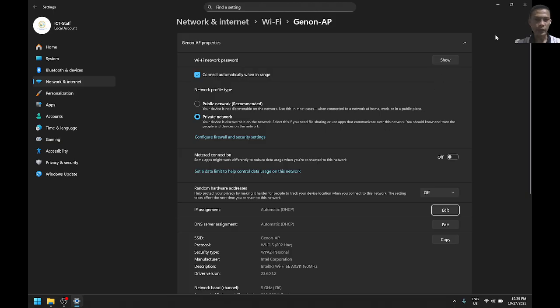But in my part, I much prefer to go directly with your network adapter. There are many steps on how to get to your network adapters. In my part, I will use the command Windows R, ncpa.cpl.